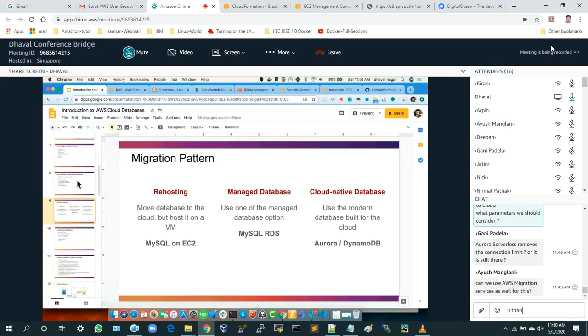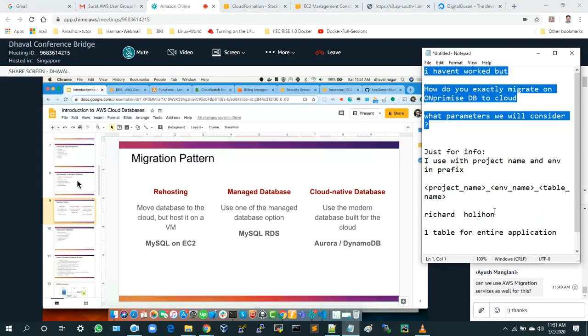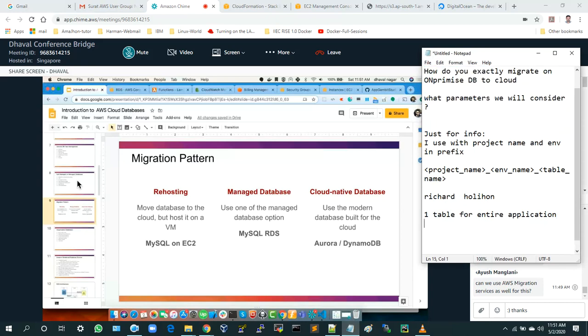But if you have a large data set to migrate, or some kind of conversion to do, there is one very intelligent tool available which Autodesk also used when they moved from EC2 to Aurora. That is SCT, the Schema Conversion Tool. It detects what kind of schema changes you may need to do, and it will do that automatically. It will do the assessment as well, and tell you whether your database will work properly after this migration. So there are a lot of tools AWS has built around